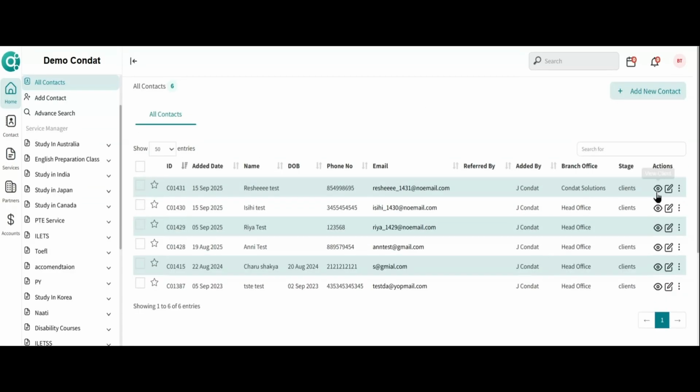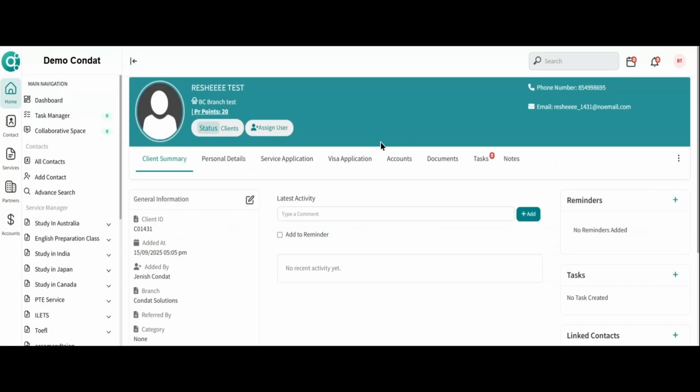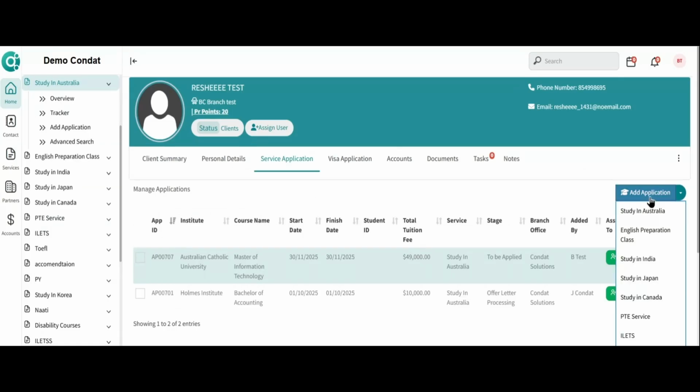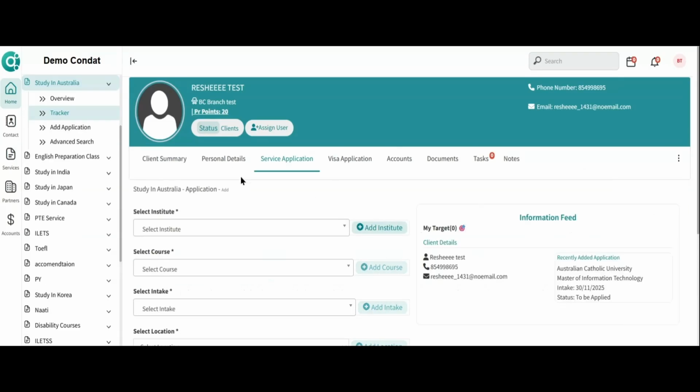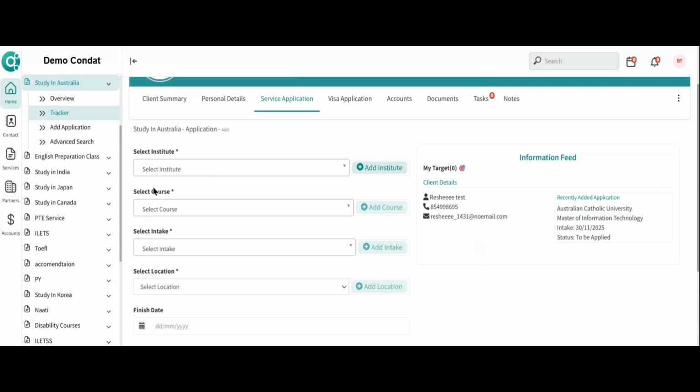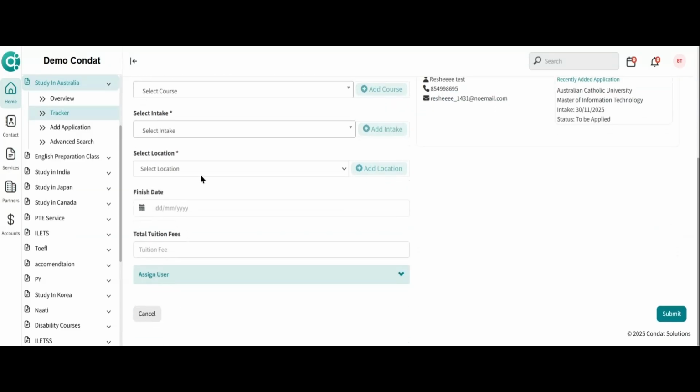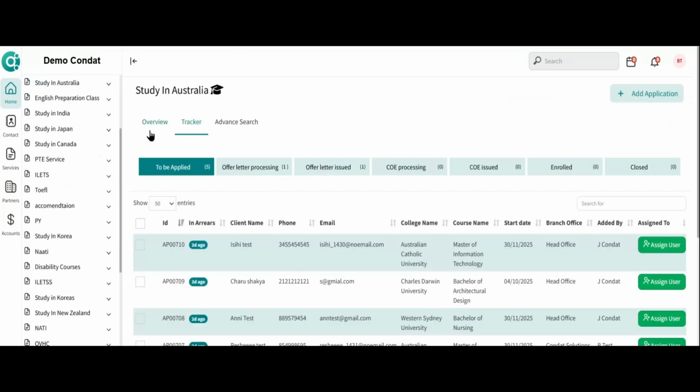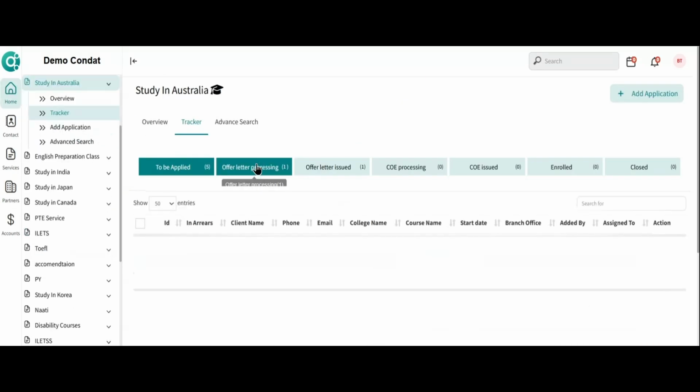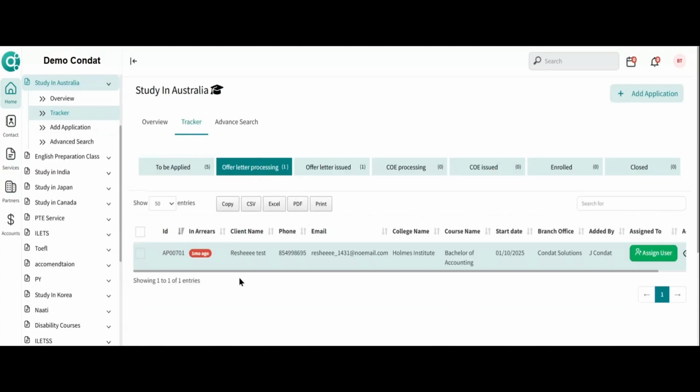To initiate an application, please navigate to Service Applications. Click on Add Application and select Study in Australia. Next, choose the preferred institute, select the course and intake. The agent can assign it to their admission team using the Assign User option and click Submit. To monitor the application progress, proceed to the tracker where the agents can track the progress of all the applications